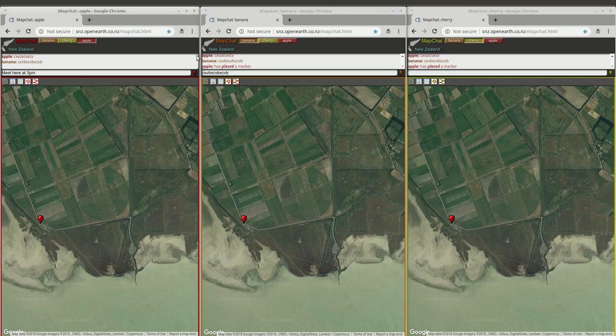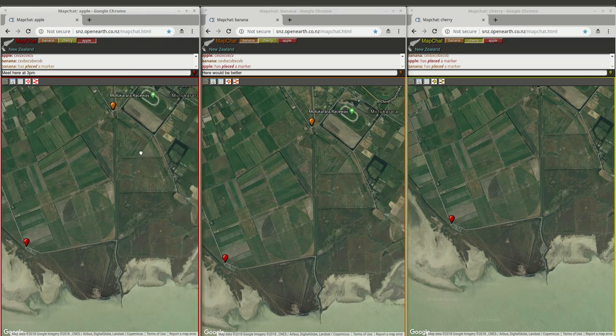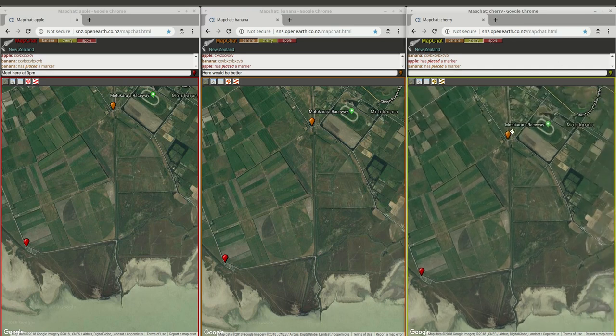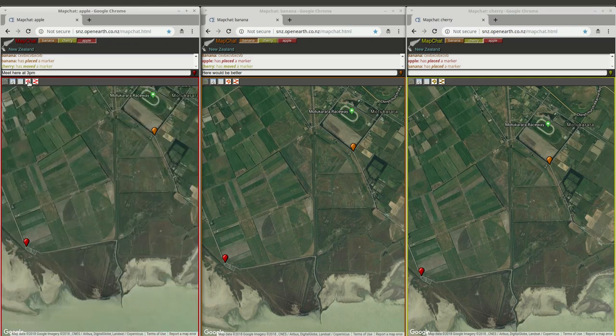Now, someone else could actually place another marker, let's say up here, and we can see that there's another marker there, and then someone else can even move the marker and say here, and actually move that marker. And then of course you can do the other things. We can change the background map to terrain or to just a road map. We can do things like